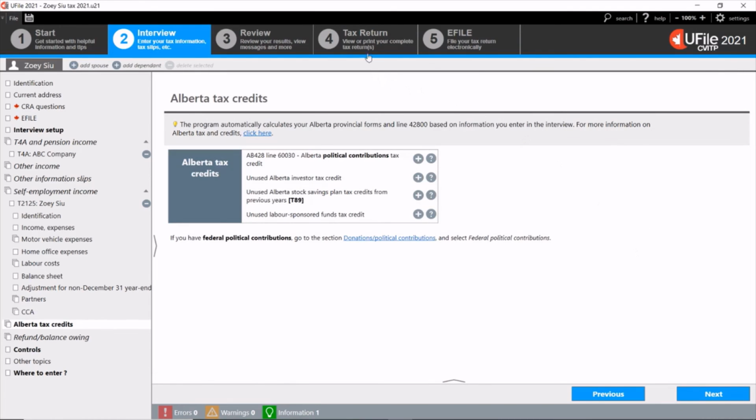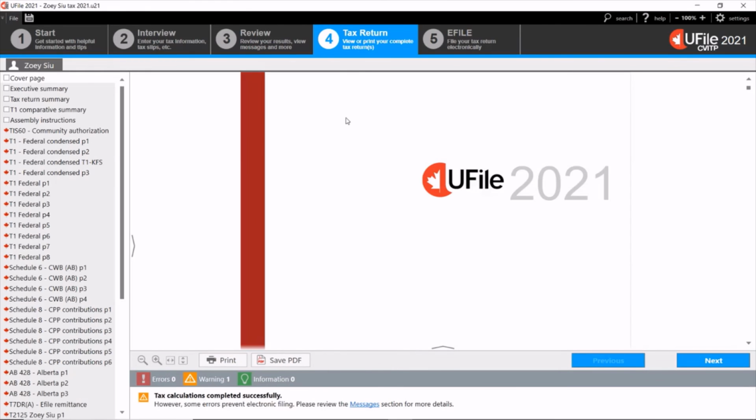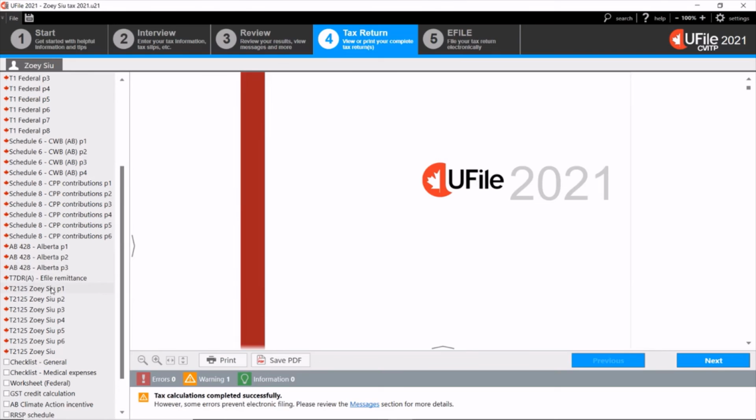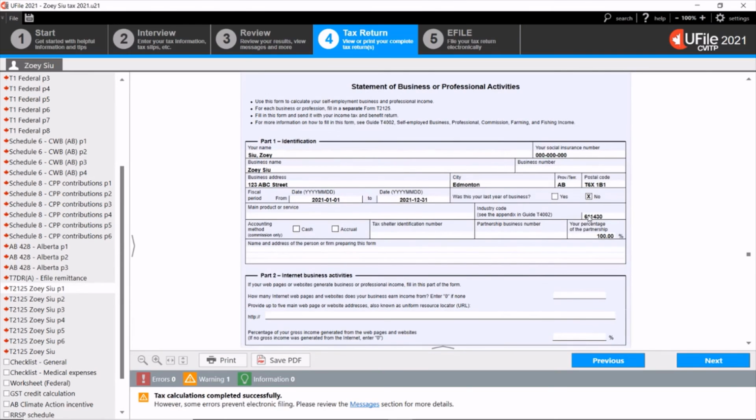And finally, we can go to the T2125 form to review the information we entered and make sure that we entered all the